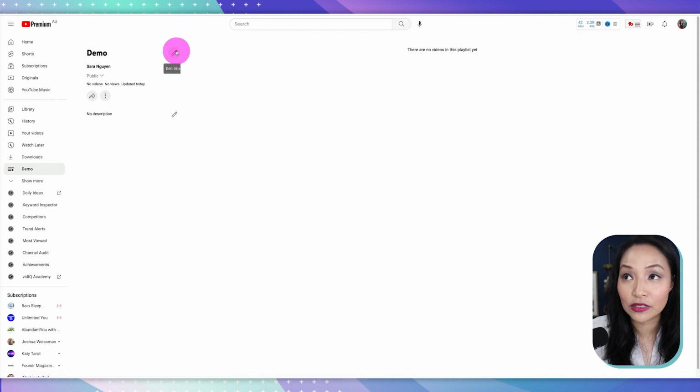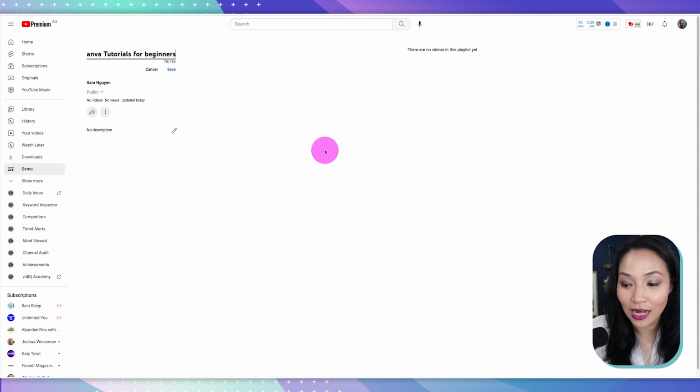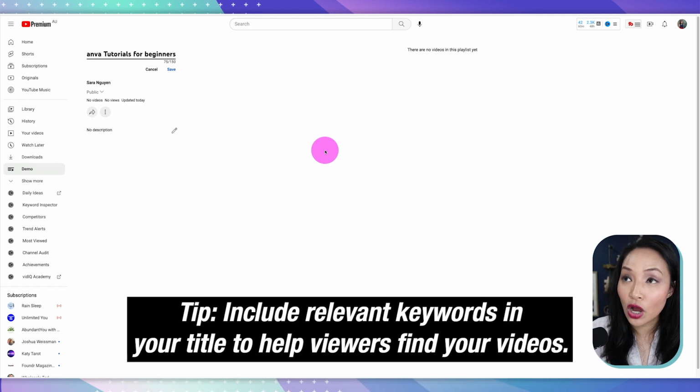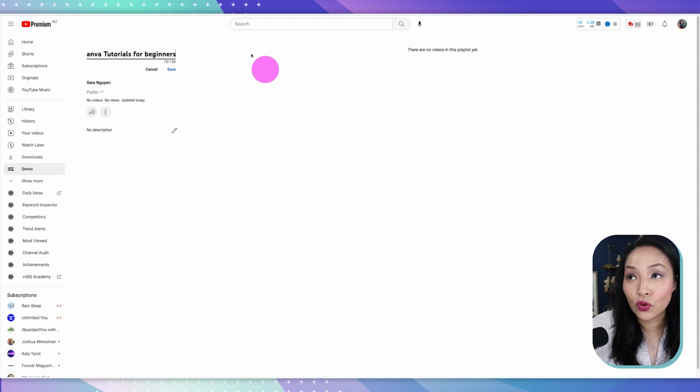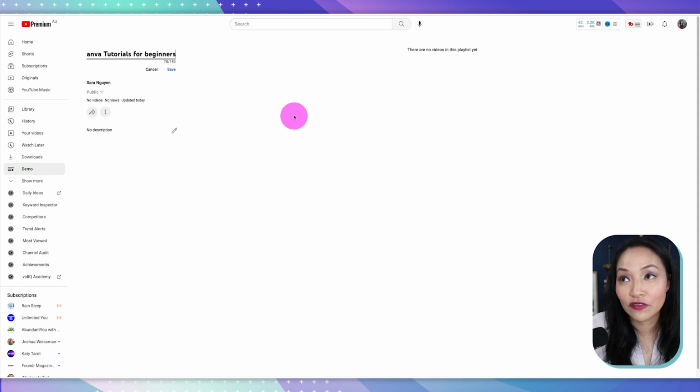You click on the little pencil icon here and it will reveal the little text underneath that says edit title. Click on that, and here's where you want to paste a title. The tip here is that you want the title to include keywords that the videos in that playlist are about. And you really want to make sure that you use all 150 characters to the best of your abilities. I've used 75, so use as many characters as you can.